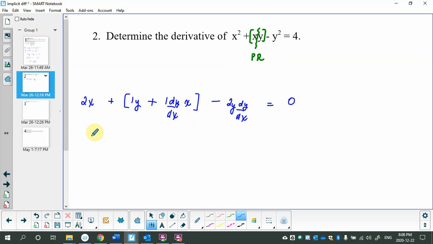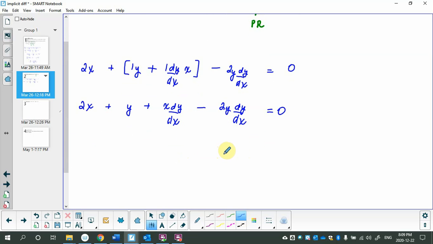So I'm going to make this look pretty before I start shifting stuff around. So 2x plus y plus 1x dy by dx minus 2y dy by dx equals 0. So I'm going to do this in one less step than the last question. This should kind of remind you of some logarithmic work that we did in advanced functions, more specifically the exponential equations where you had to log both sides and then get the x by itself. Now we're getting the dy